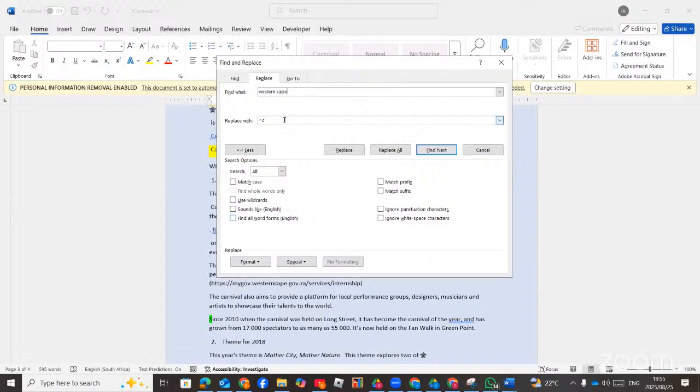We want to replace Western Cape with a style. So you go to replace with, more, then you go to format. Watch out for this format. It can be font. They can tell you to change the font of that Western Cape, or paragraph, text,